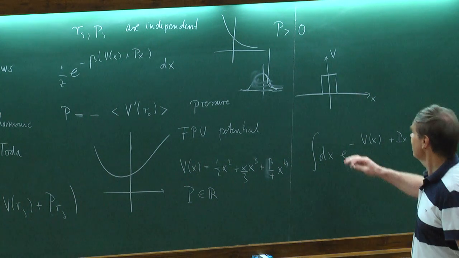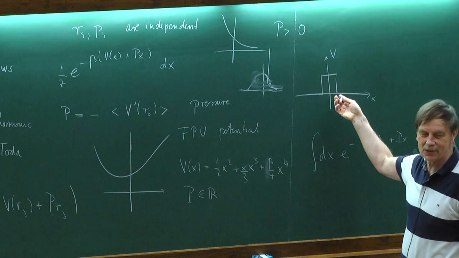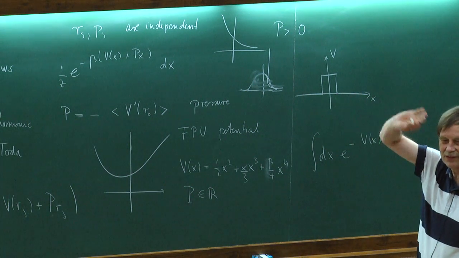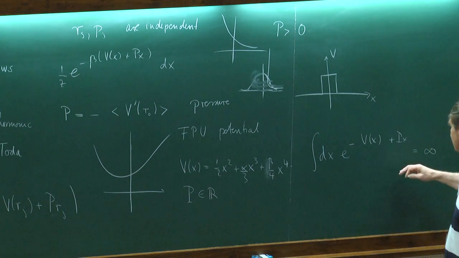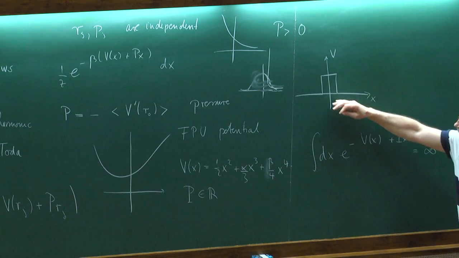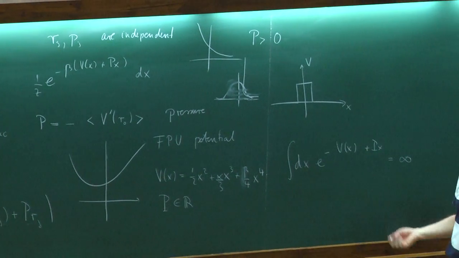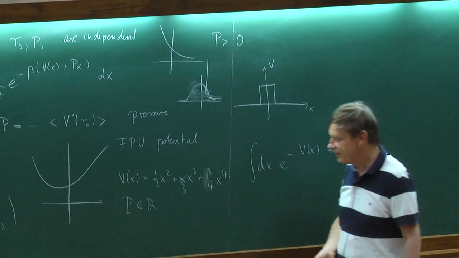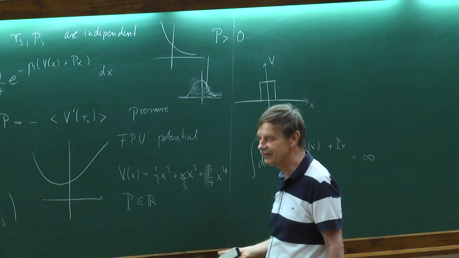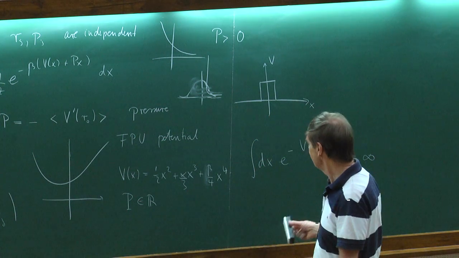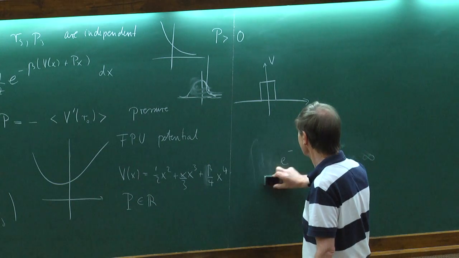I'm not objecting against particles interacting via this potential. I mean, that's a perfect fluid, and I'm just saying that within that particular theory, I cannot allow such a type of potential. We'll always have infinite. Okay. Anyway, it's not the point. I just want to say that there is a restriction on the type of potentials which you can admit. Okay, fine.